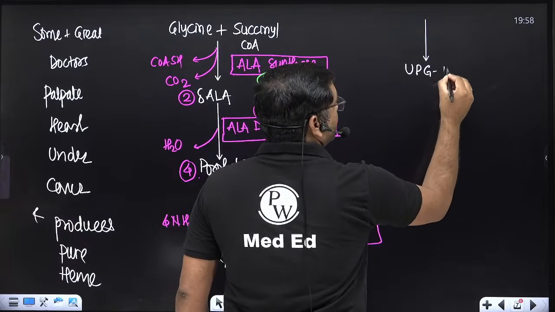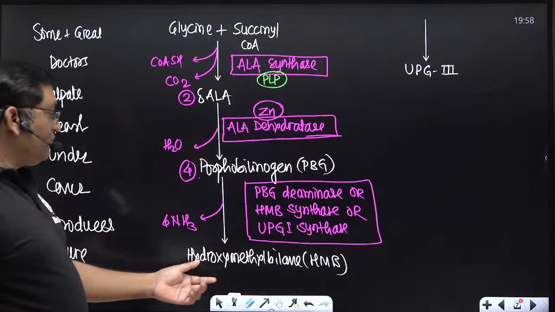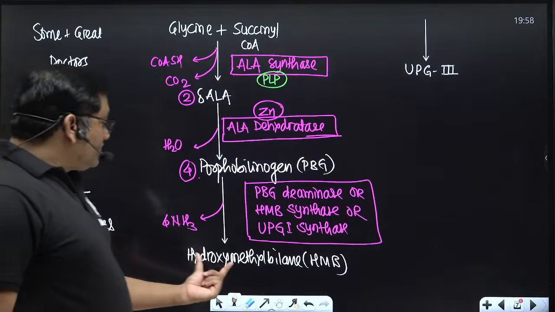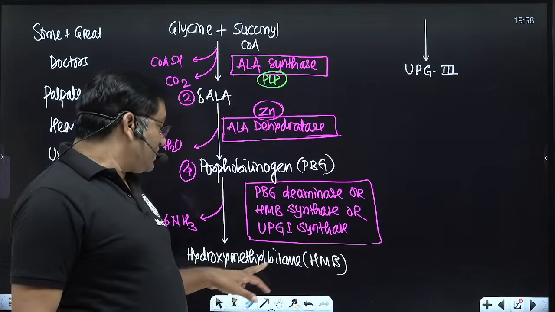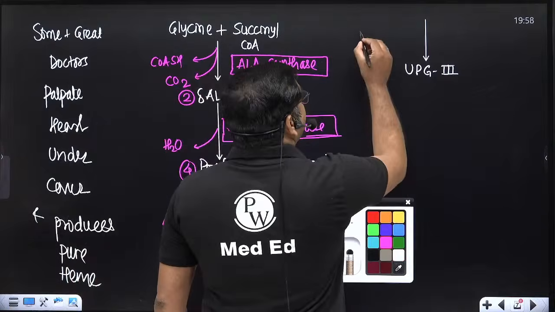Uroporphyrinogen 3. There is production of uroporphyrinogen 3. So hydroxymethylbilane is converted into uroporphyrinogen 3. This is a linear tetrapyrrole. This hydroxymethylbilane, on cyclization,